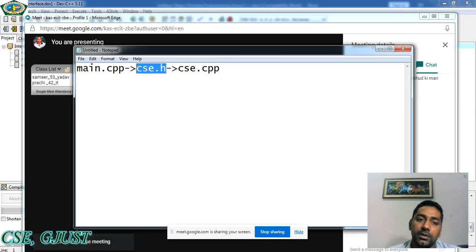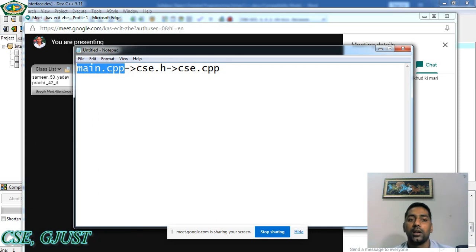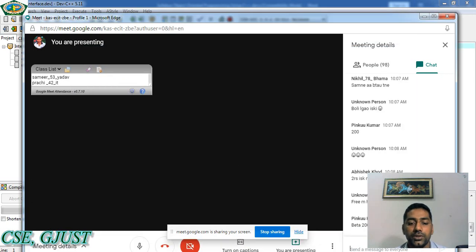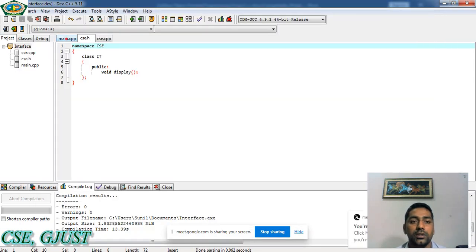It is working as an admin block, and this is the calling unit, meaning according to the functionality available in the admin block, students are calling the admin block for fees, result, and attendance, and according to that the department is following that rule. So it is a sequence of execution of the header file. So there are total 3 files.